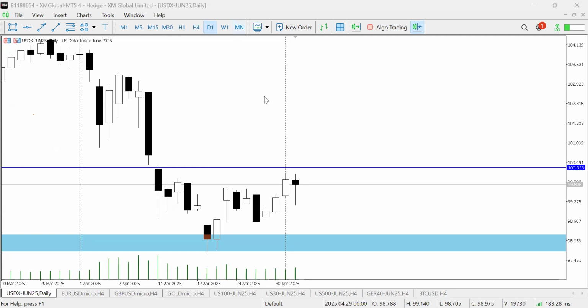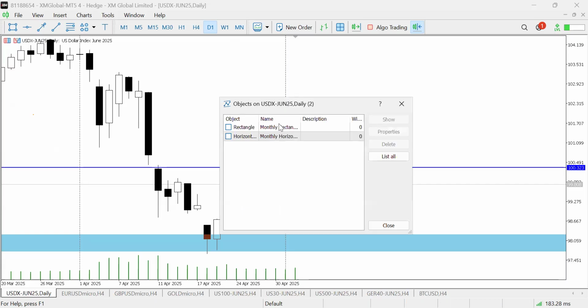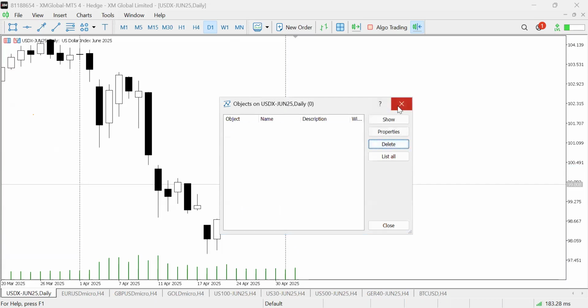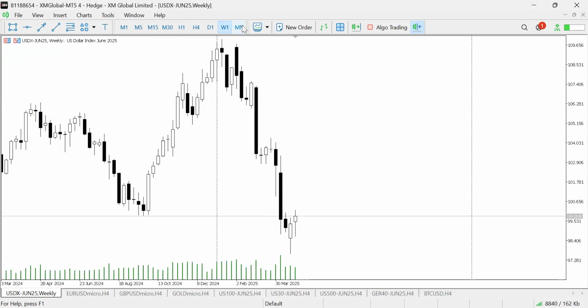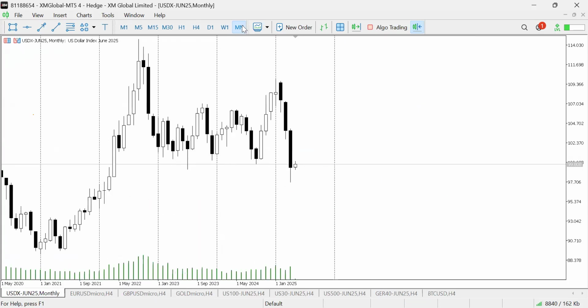So let's jump to the breakdown. Remember, I look at the dollar index, but I don't trade it. Right? I look at it, but I don't really trade currencies. I've been on indices for a long time, so I don't really trade this. But anyway, a chart is a chart.